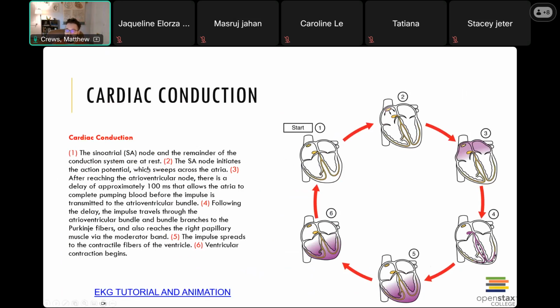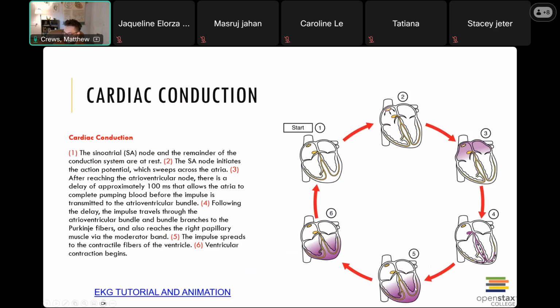So all the AV node is doing is getting that and going, oh, and then they just keep going. The AV node is just like, slow down. And then you slow down. It's like the lifeguard at the pool when your kids are running and you blow the whistle and your kids slow down for half a second and then they keep running. That's exactly what the AV node does. It's a lifeguard. So following the delay, the impulse travels down the interventricular bundles and then out to each